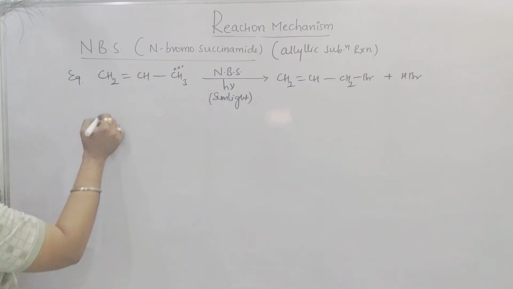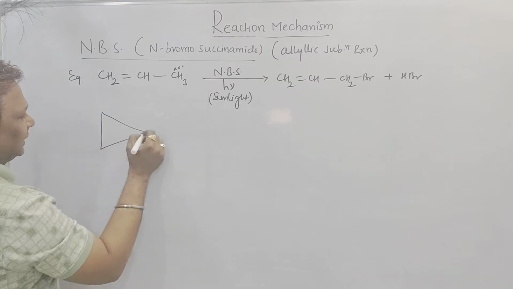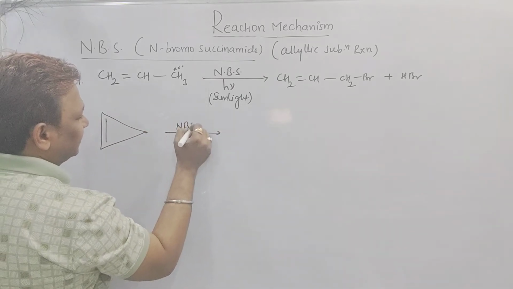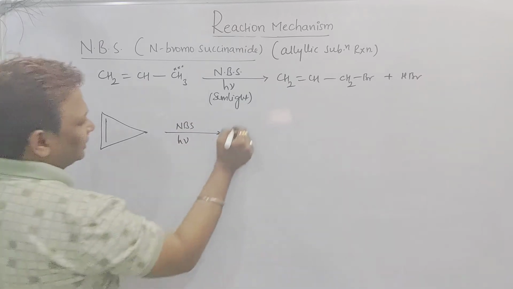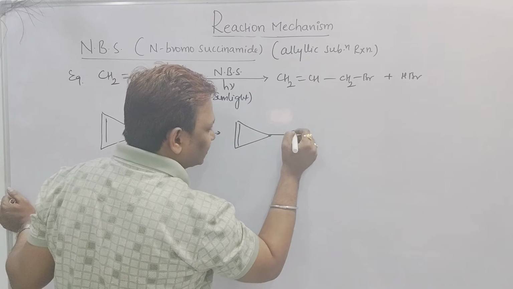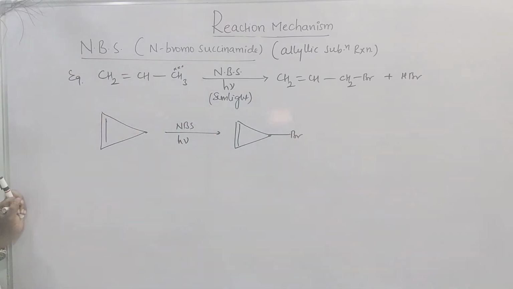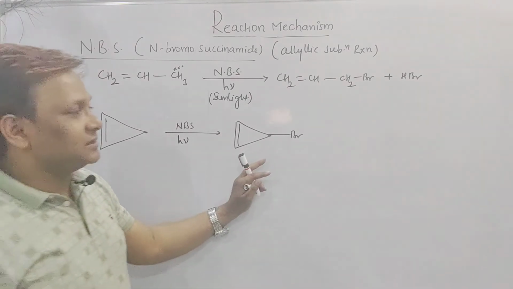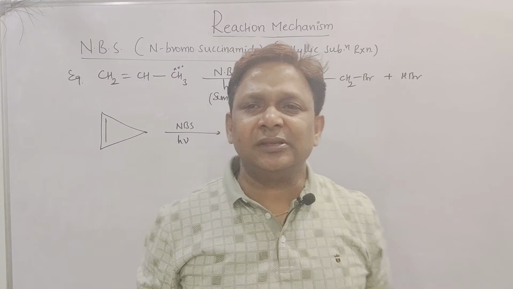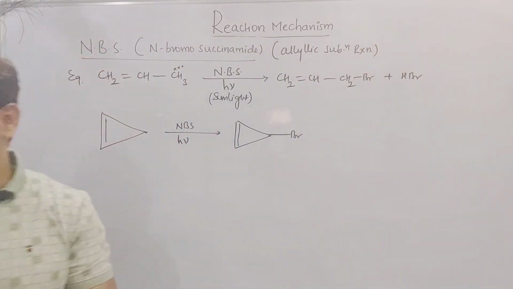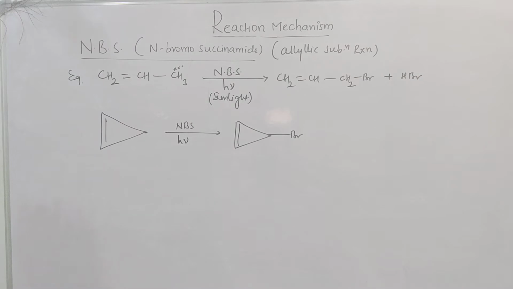Same way, one more example. It is an allylic position of the carbon. I am putting here again NBS in the presence of sunlight, hν. Beta, Br is going to attack on which position? The allylic carbon. Br is going to attack on the allylic positions of the carbon. Is it clear, beta? Everything we have seen, these all are examples of what? Allylic substitution. Please take a screenshot of this one also.